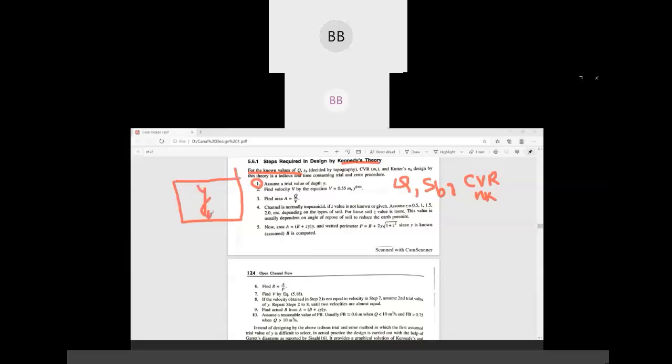Okay, one is the maximum depth of the channel, and one is the width of the channel if it is a rectangular channel. So these are the two parameters we need to construct a channel. Before constructing a channel, we need to know what will be the depth of that particular channel and what will be the width of that particular channel. And if it is a trapezoidal,